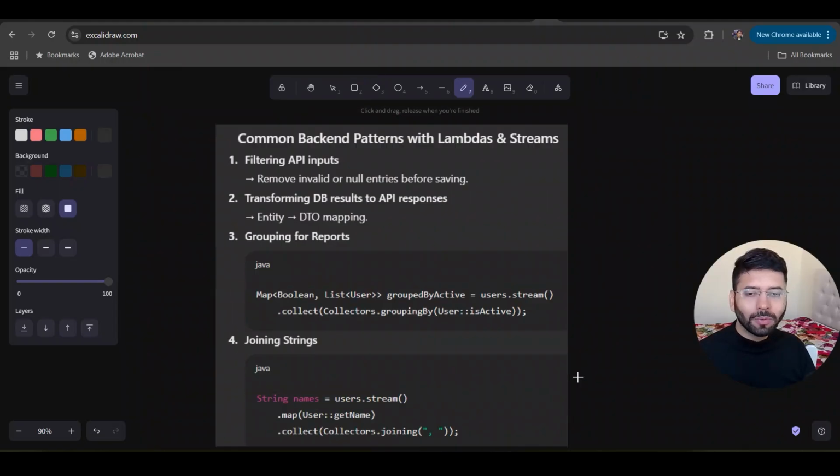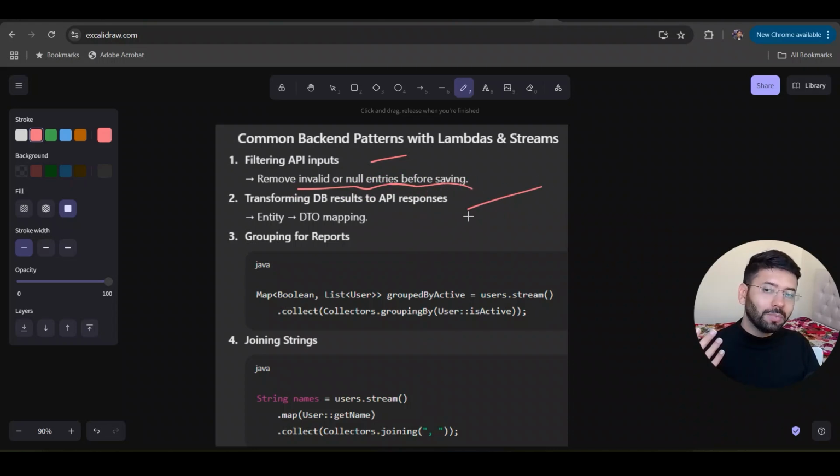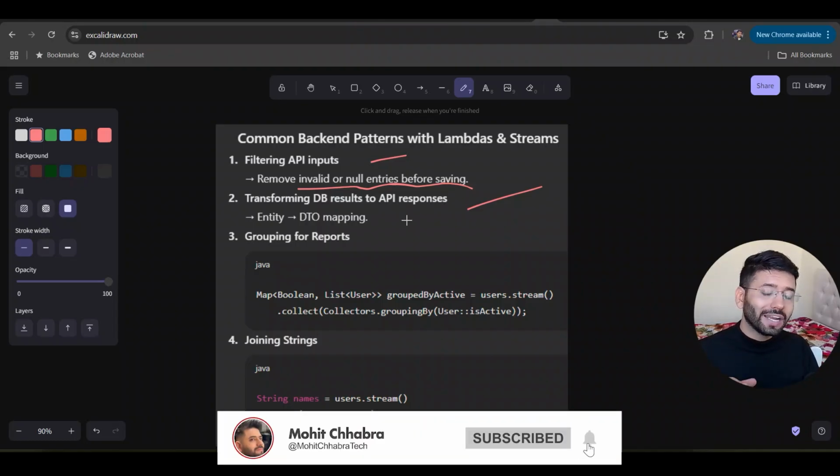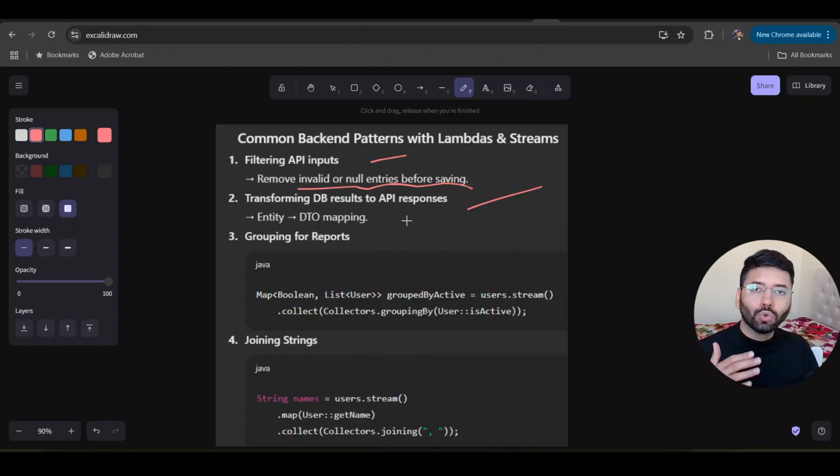Now let's see some of the common places where we use lambdas and streams in backend. First is filtering API inputs. You need to perform this action frequently in backend where you would remove the invalid or the null entries before saving it. Another case would be transforming the DB results into the API responses. This is similar to one of the examples that we just checked where we were converting the entity to the DTO mapping. Because we don't send the entity directly, we map it to the user friendly API DTO and then